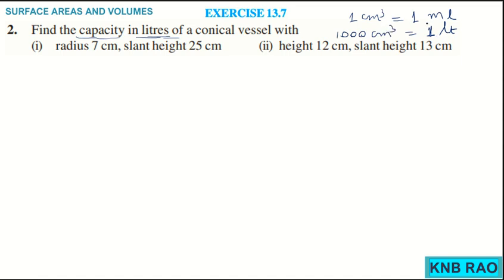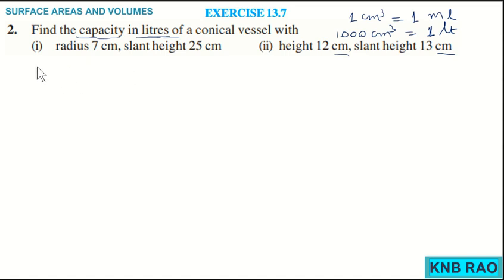Since in 1 liter we will have 1000 mLs. This is one important conversion. Another important conversion will be related to meter cubes. Here, since both sub question 1 and sub question 2 are in centimeters, this is enough. So, here we will first find the volume, then we will go for finding the capacity in liters of that conical